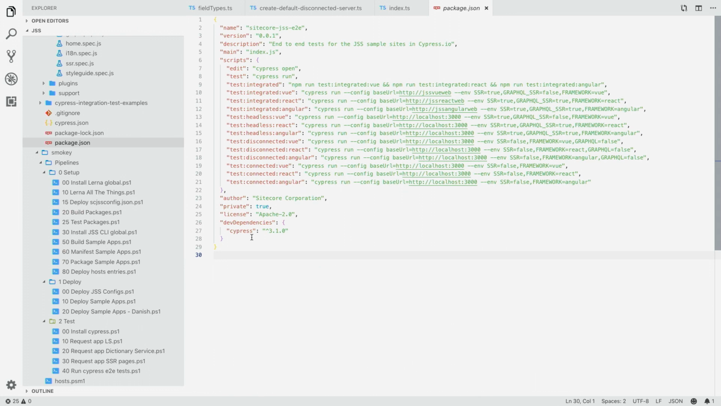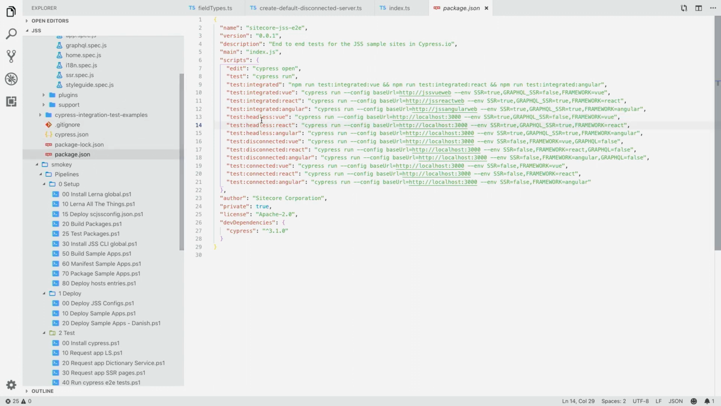Here it is. So this is all of the different environment variations. So for example, if I want to test in disconnected mode with server-side rendering, with GraphQL, in Vue, I just pass in these parameters now to this command, and so all of these tests are run by Cypress, but what Smokey does